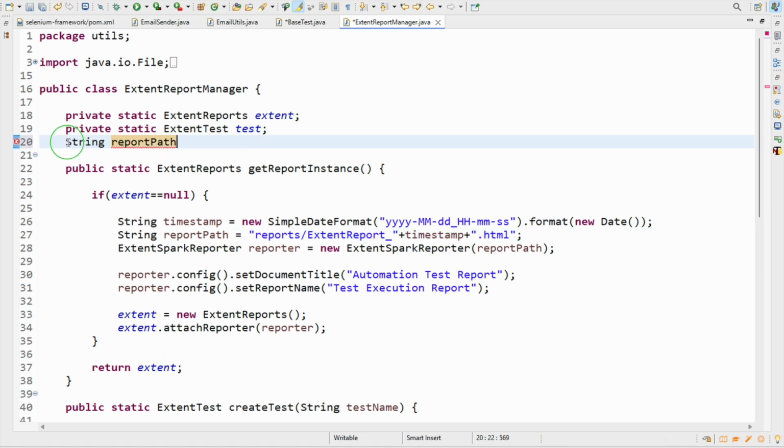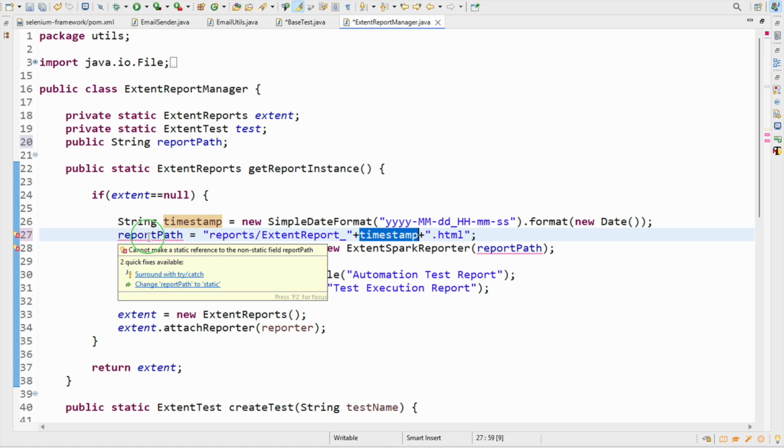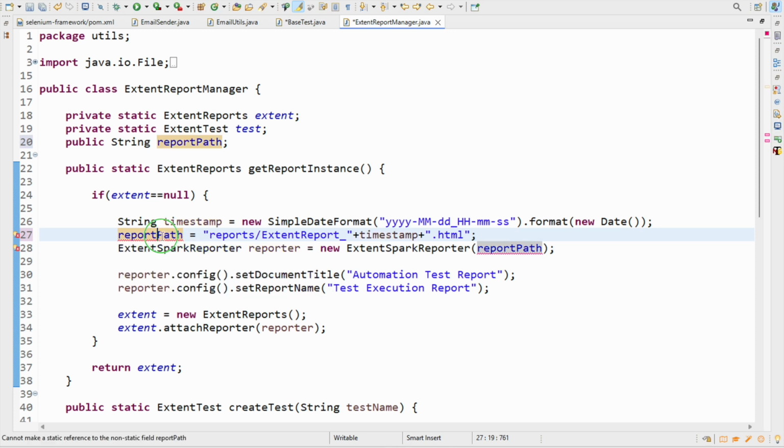Okay, let me say public or protected. Let me just for now say public string report path, and here we are creating the report path like this by adding the timestamp. So this will answer your query in case you had a query earlier, that how we are making sure that the report that we are attaching is going to be the same latest report along with the timestamp. So here we are saying this,